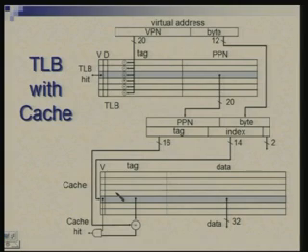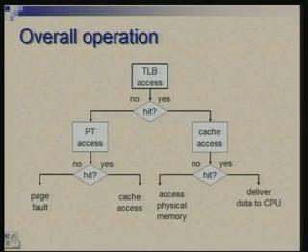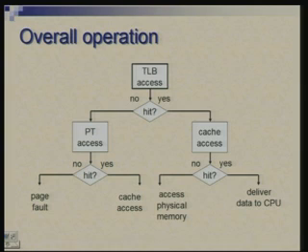So, how do we put all these together? In the overall operation, you are looking at three things: a TLB, a cache, and a page table. In which order do you access them, and what is the consequence of finding a success or a failure at any of these levels? As I mentioned in the previous diagram, the first thing you do is a TLB access. A TLB access is basically a shortcut to doing a page table access. So, if you are successful at the TLB level, then you do not need to go to the page table. I am showing two outcomes here.